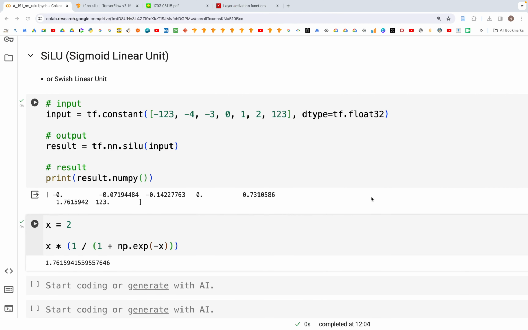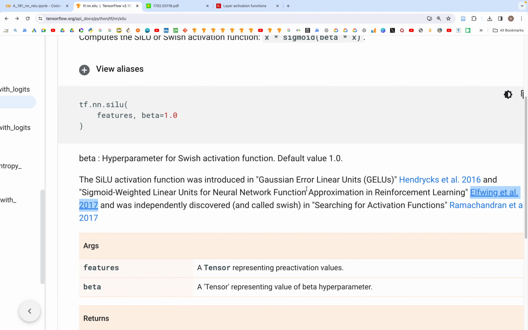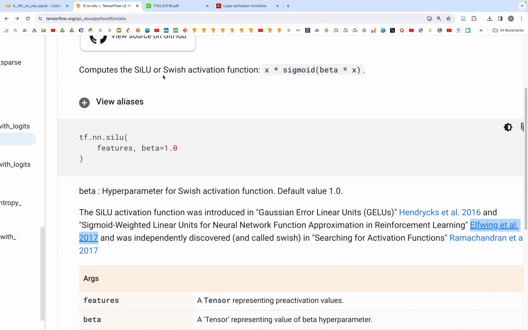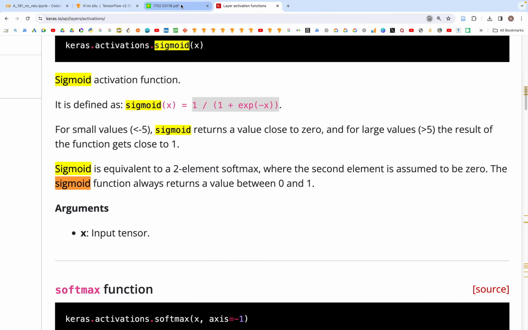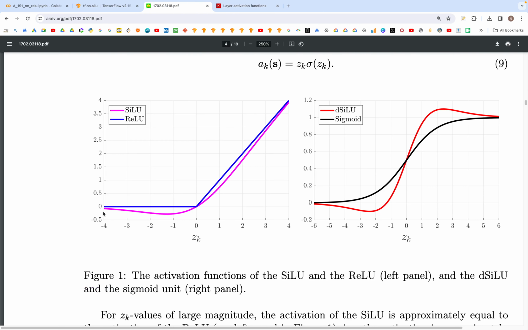Let's now look at sigmoid linear unit, and as you can see here in the docs, it is also called swish, swish activation function. Here are the references, and if you look at this reference right here, we can see that this magenta line, that's the SILU, sigmoid linear units, as compared to the ReLU,